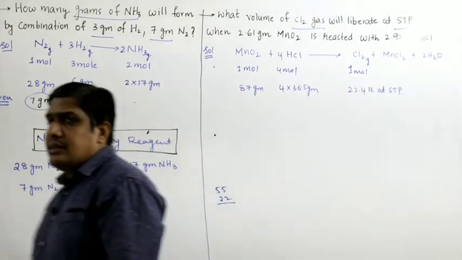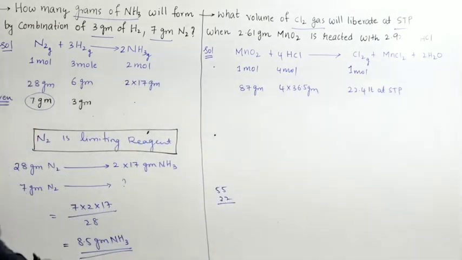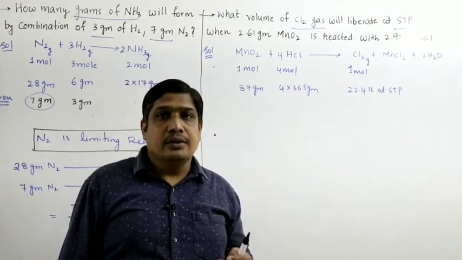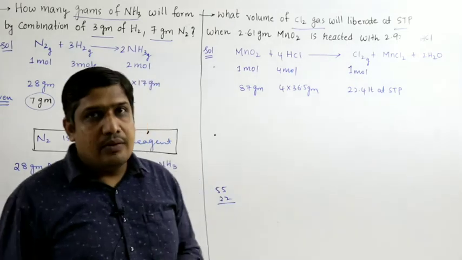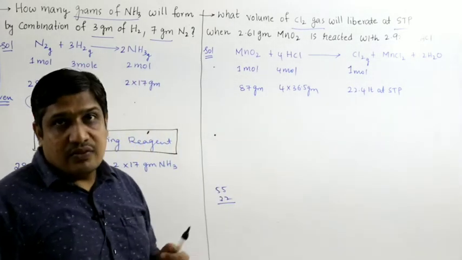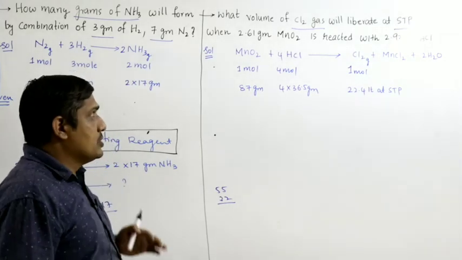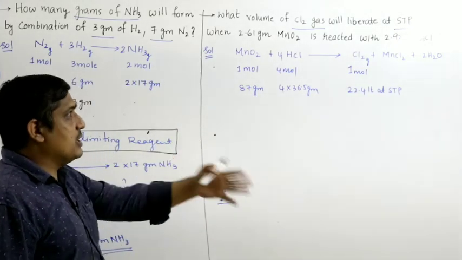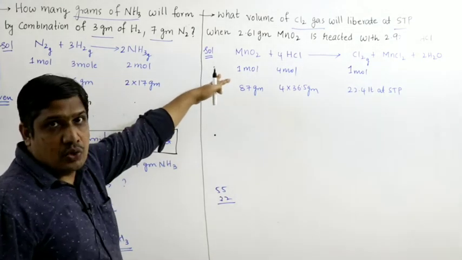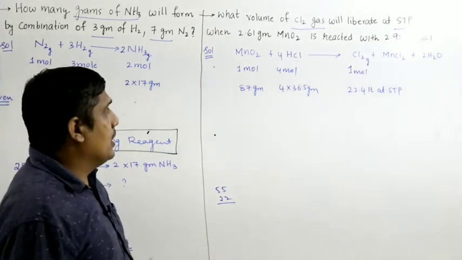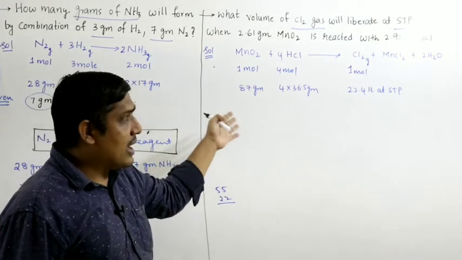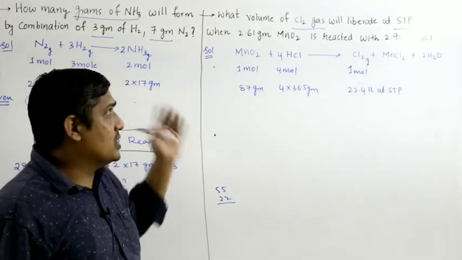So, I haven't done anything. Writing the equation is a little tricky because you have to study the properties of chlorine, which you will study in second year, right. If such kind of problems are asked, they will provide the equation, so nothing to worry. You should be in a position to balance it. We will study how to balance the equation in the next concept. You should be in a position to calculate the molecular weights by now, if they provide the atomic weights. So, from the mole ratio I have calculated the mass and volume relation.